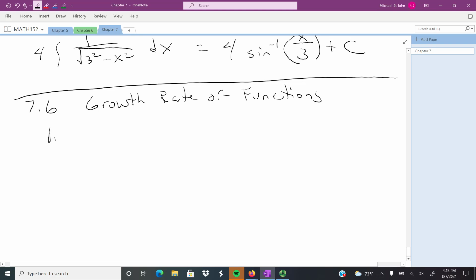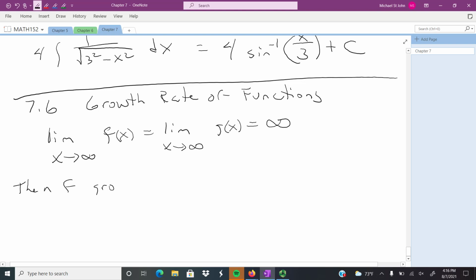So if the limit as x goes to infinity of f of x equals the limit as x goes to infinity of g of x, which equals infinity, right? And then f grows faster than g as x goes to infinity if